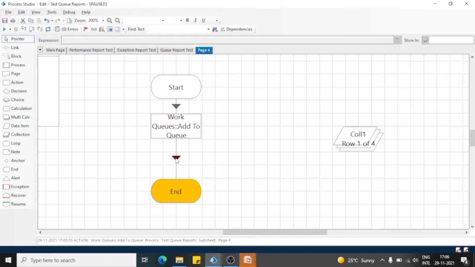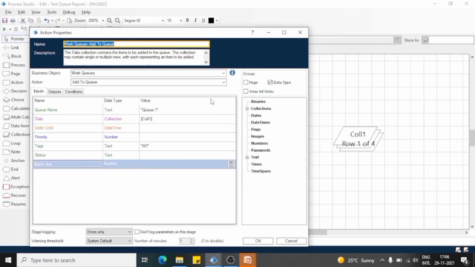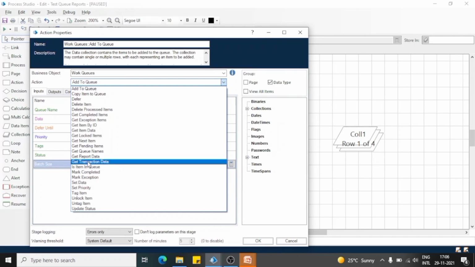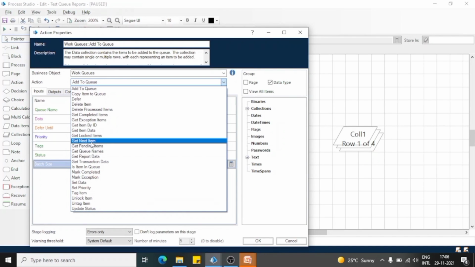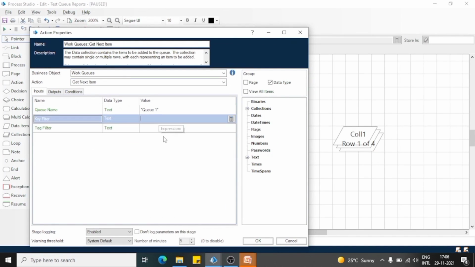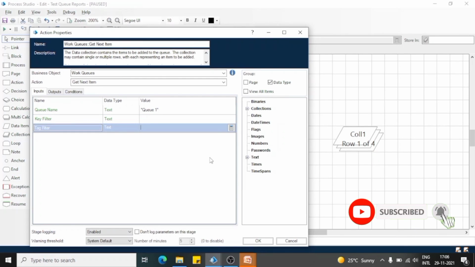The next use of tags is that we can use tag filters while fetching the items from the queue. So we will use Get Next Item and fetch a particular item from the queue using a tag filter. This will fetch the items with the tag NY only.